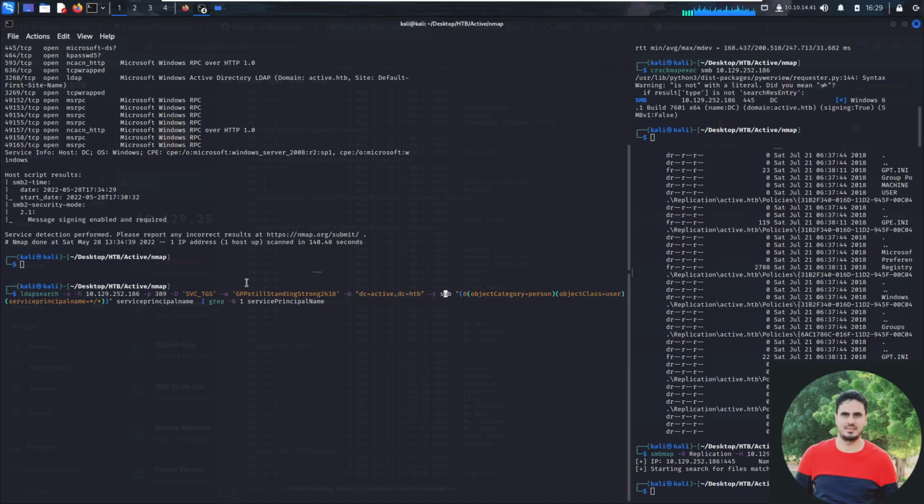We need to present the object category, which is person, and the object class is user, and the attribute that we are looking for, which is related to Kerberoasting, we call it the service principal name. So this is the service principal name. We need to search for it, and we can grab the service principal name. Let's run the script here,